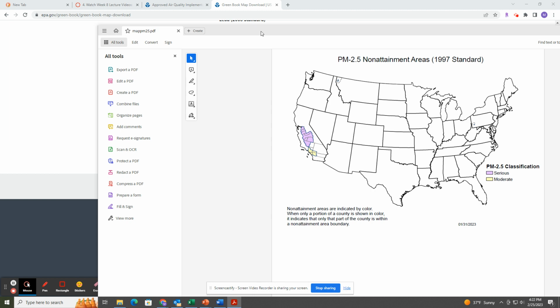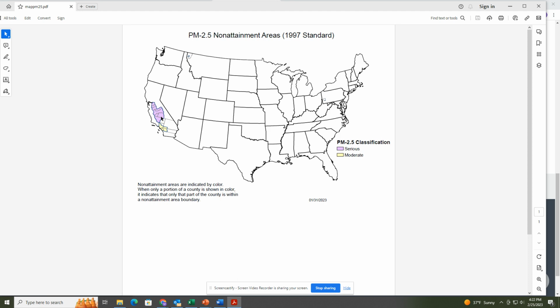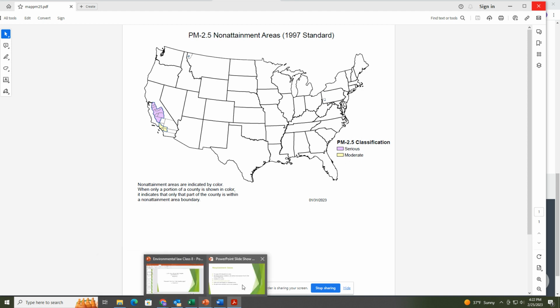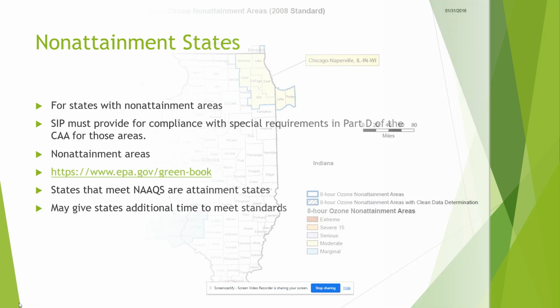This is an example here of non-attainment statements for particulate matter. Okay, so again, West Coast, right? California, serious and moderate. I could probably spend hours and hours at this page, but I just wanted to show you the difference between attainment and non-attainment, and that the non-attainment ones have special requirements for